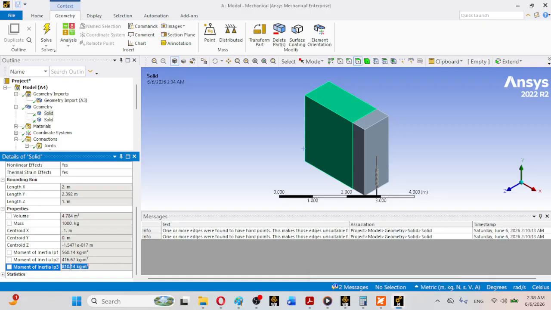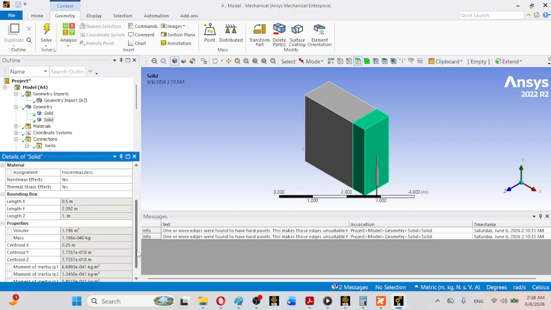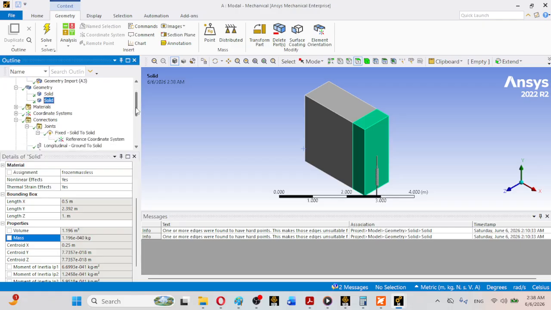So A10 has been shown here. After that you can say the other volume is quite massless, as you can observe it here, minus 40, and regardless of its volume. And after that you will be going into the connections, and in the connection you